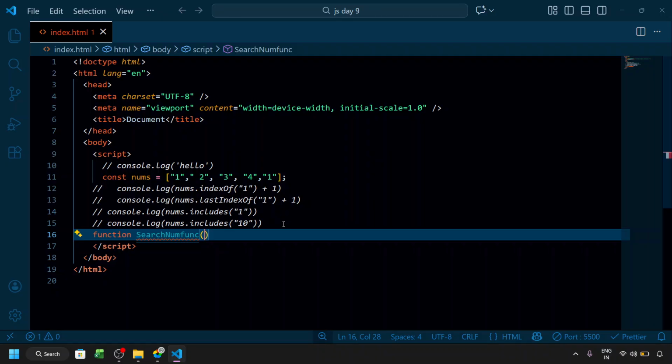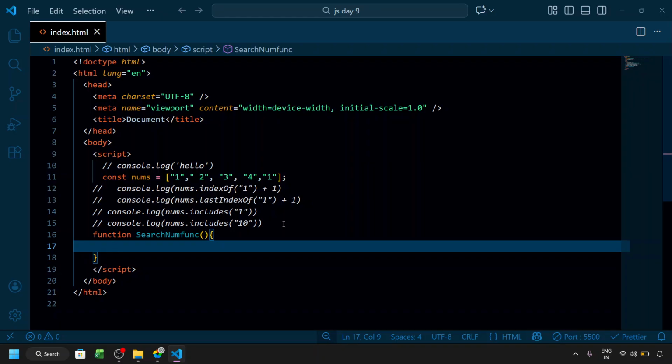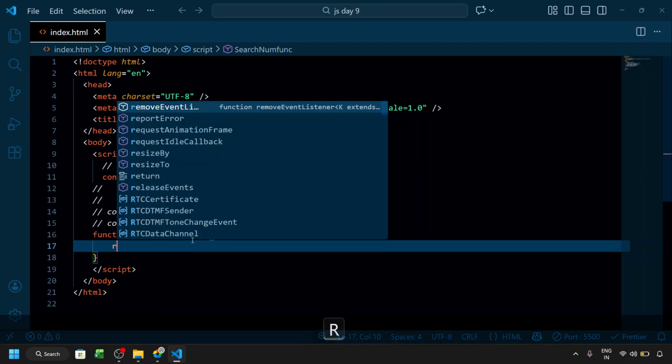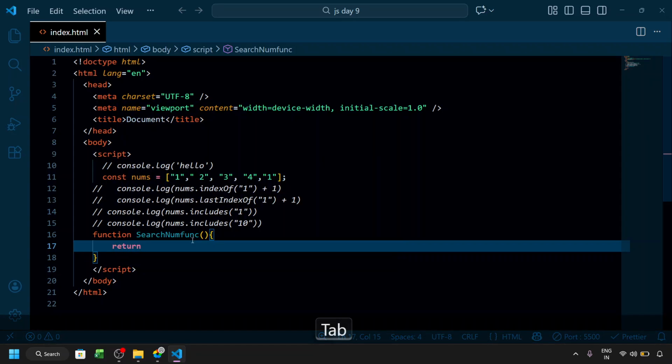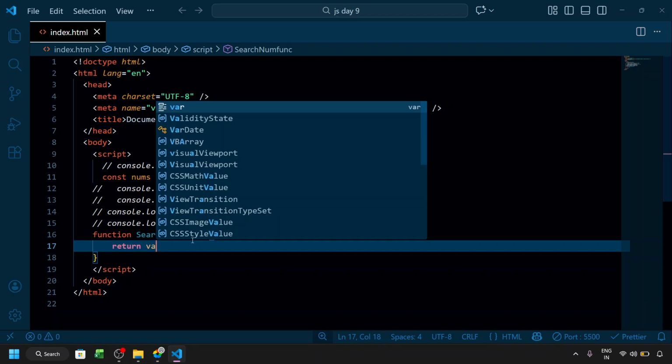If I give return the value, so return if value